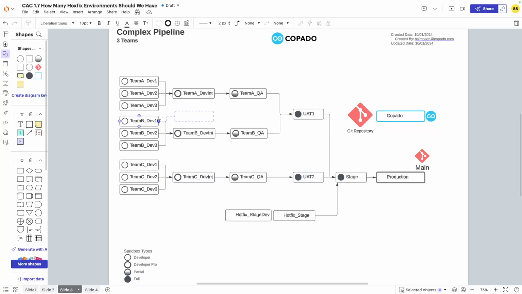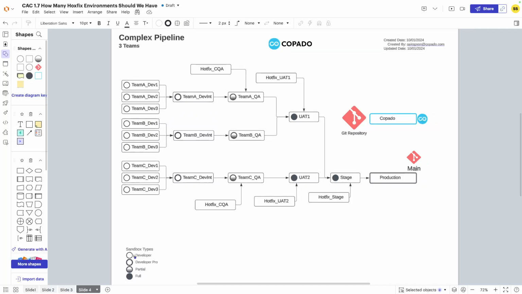for A and B. Now, if you follow this same logic, you might have a bug found in UAT1. So the bug has been found in UAT1. Now, you might say it's not off of production. So what I might want to do is why not just have team A, dev 1, be assigned the bug to fix it? The problem is if this is, let's say, one release off of production in UAT, this QA release might be 2 releases ahead. And maybe these developers are even 3 releases ahead. So the challenge you're going to face is if you identify this bug in UAT1, it's a high priority bug,